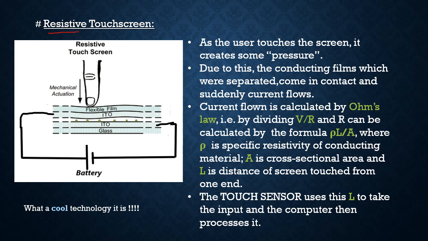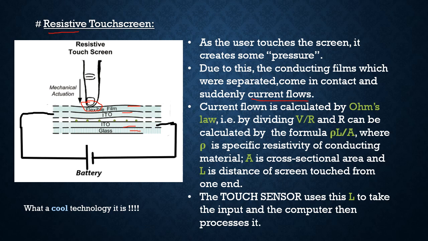So a resistive touch screen has a flexible layer and a glass layer on the inside, and both of these layers are coated with ITO as it is transparent as well as conducting, and then we attach a battery to one of the layers and the other terminal of the battery to the other layer. So as the user touches the screen, so as here the touch is made, some pressure is created, and due to this the conducting films which were earlier separated come in contact